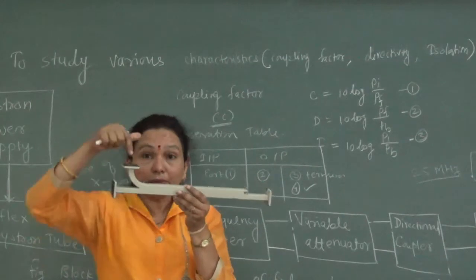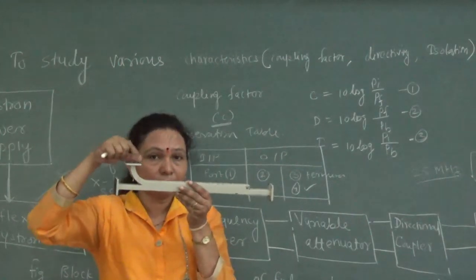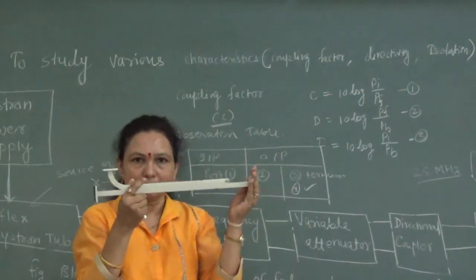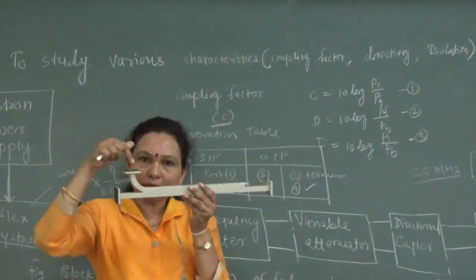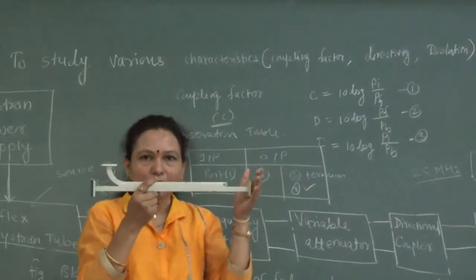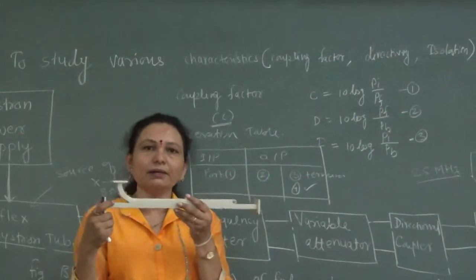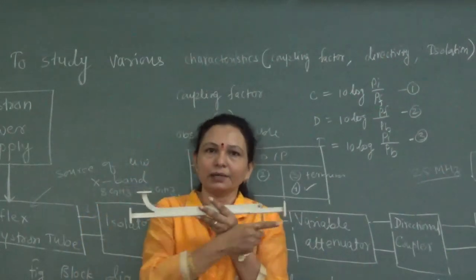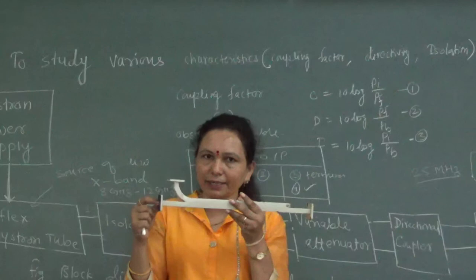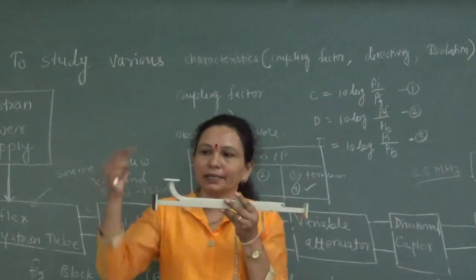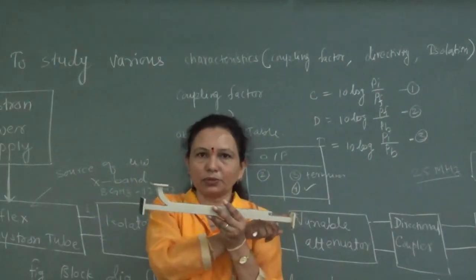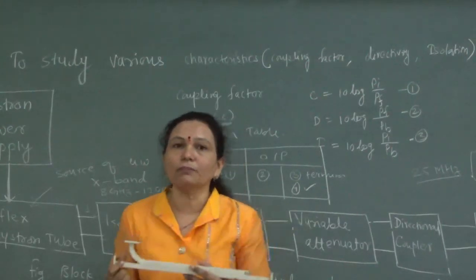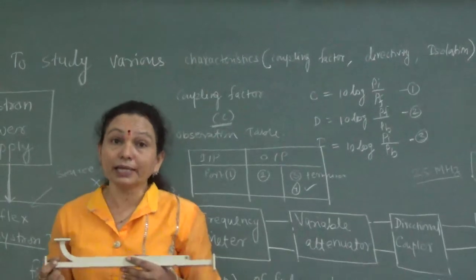Similarly, now you give the input at this port, measure the output at this port while you terminate this port. Similarly, you give the input to this port, measure the output at another port while you terminate the remaining port. So likewise you have to do 6 calculations. Give input here and measure the output; then connect the input here and measure output; then give the input here and measure the output here; give input here and measure the output here. In this way, we will come to know the coupling factor, the directivity and the isolation.